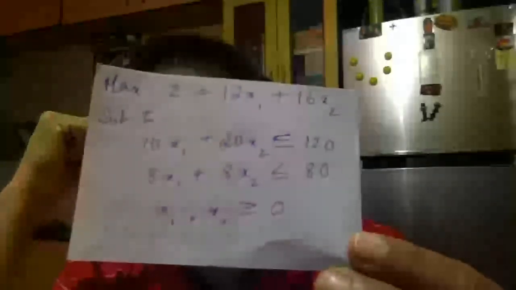Secondly, remember, there are two constraints. Now, to work out a simplex problem, we first have to standardize the problem. The problem is given to you. We have to standardize it. How are you going to standardize it? For standardizing it, we have to introduce something called slack variables. Slack variables.